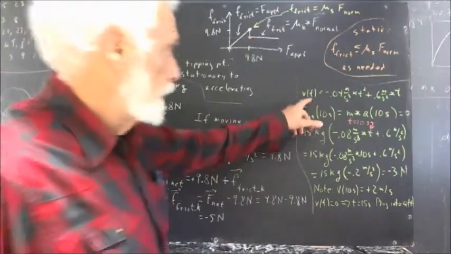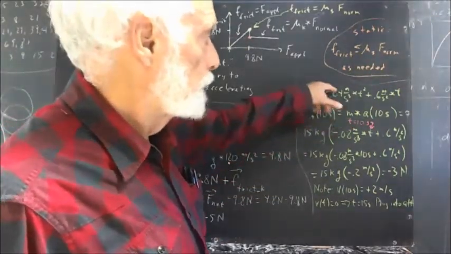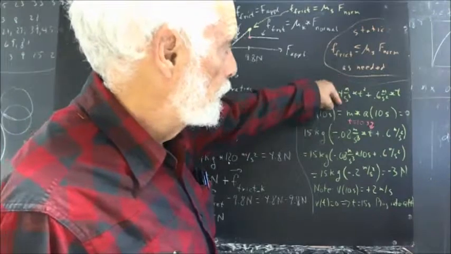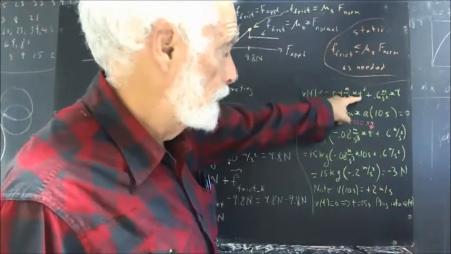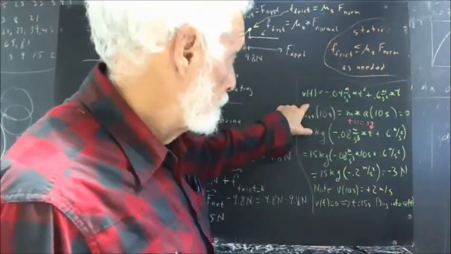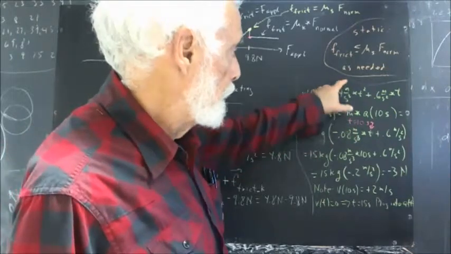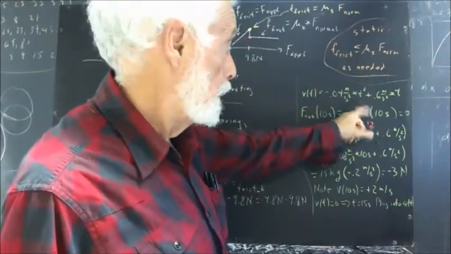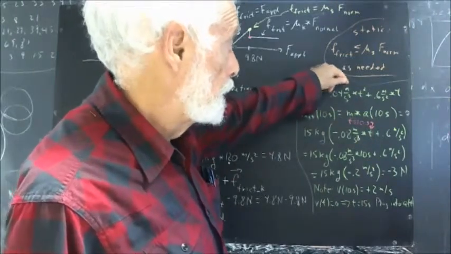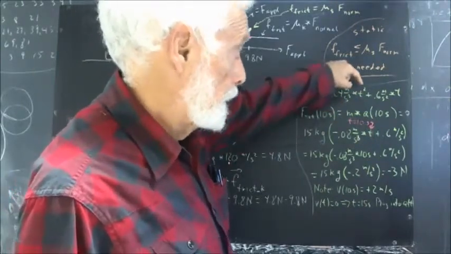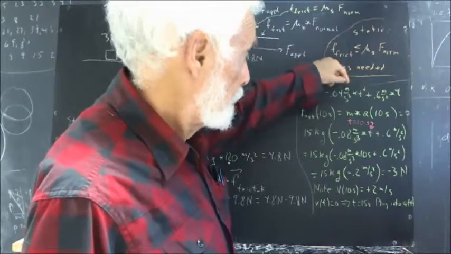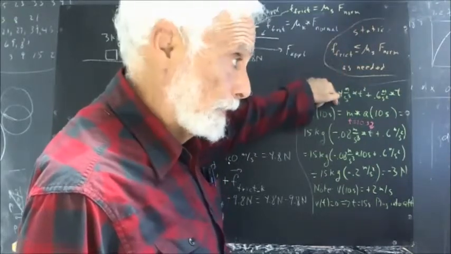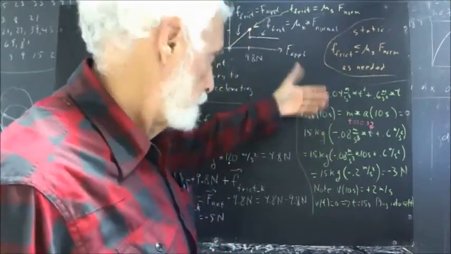We're given a velocity function v of t equals negative 0.04 meters per second cubed times t squared, plus 0.6 meters per second squared times t. Now this needs to be a velocity. If we multiply meters per second cubed by the square of the time, we're going to get units of distance over time cubed times time squared, which is going to give us distance over time,